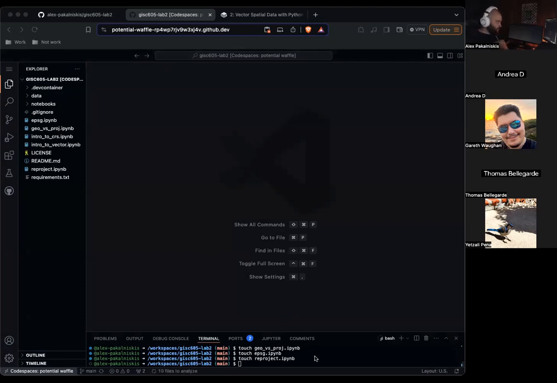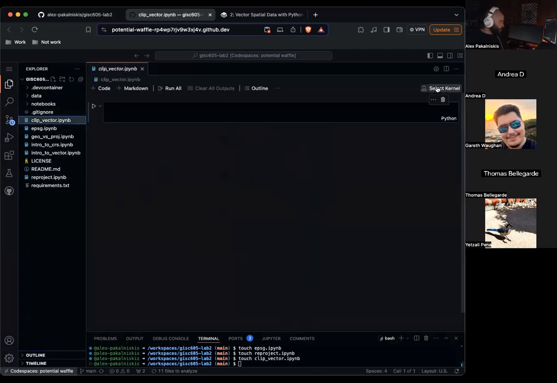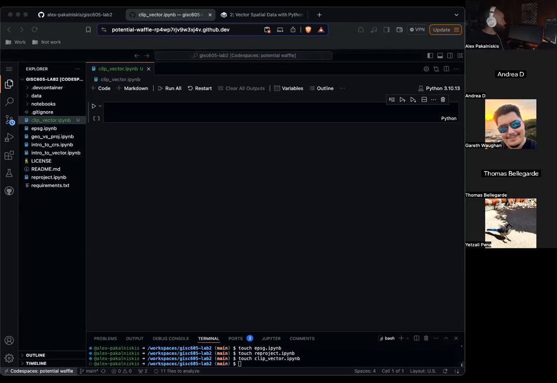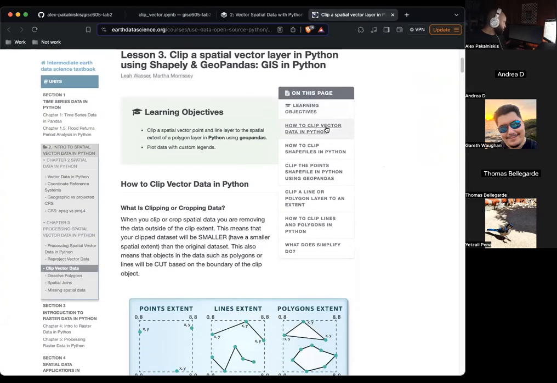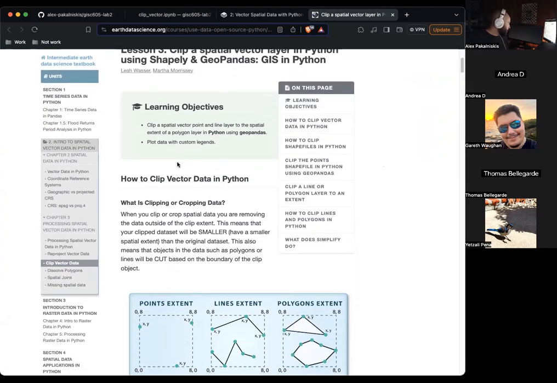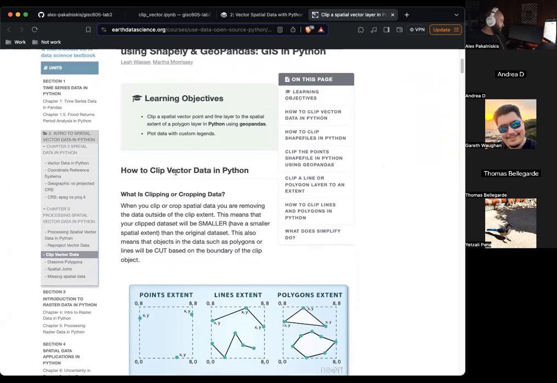Again, we're going to select the Python 3.10.13 kernel and jump right into it. So how do you clip vector data in Python?